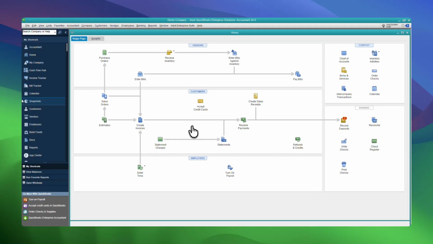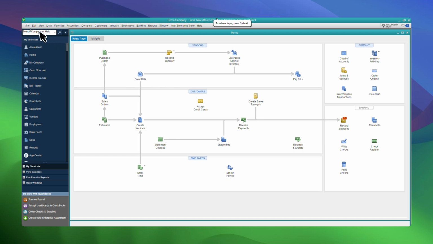In today's video, I'm going to teach you how to create a sale invoice in QuickBooks Desktop. If you need to bill a customer for products or services, creating an invoice in QuickBooks Desktop is a simple process once you know where everything is. In this walkthrough, I'll show you the basic flow so you can enter the invoice accurately and save it properly